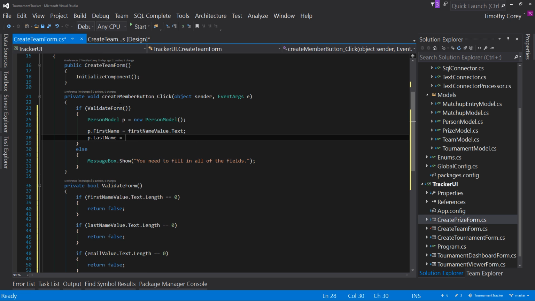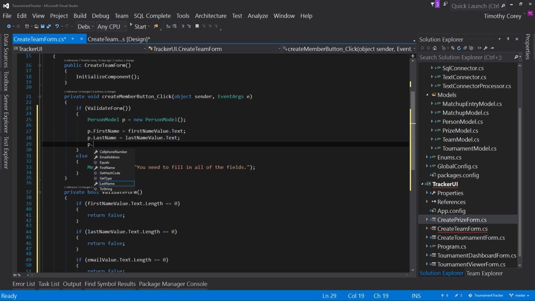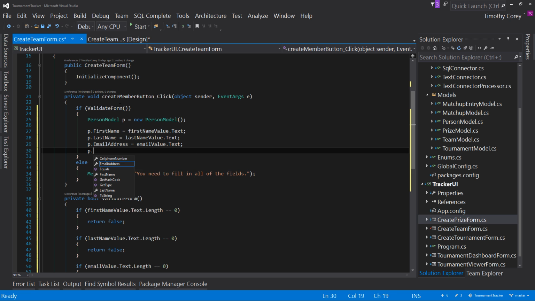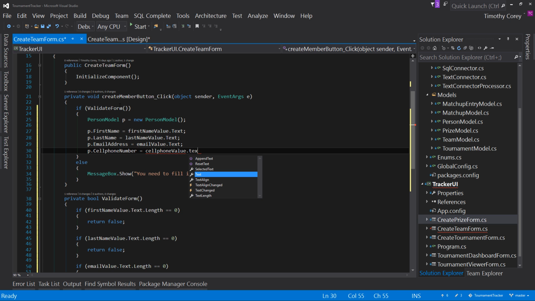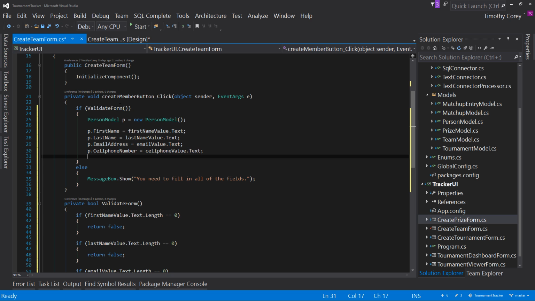P dot last name equals last name value dot text. P dot email address equals email value dot text. And finally, P dot cell phone number equals cell phone value dot text. Once we're done all of that,